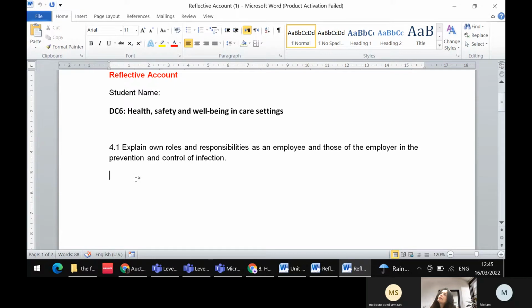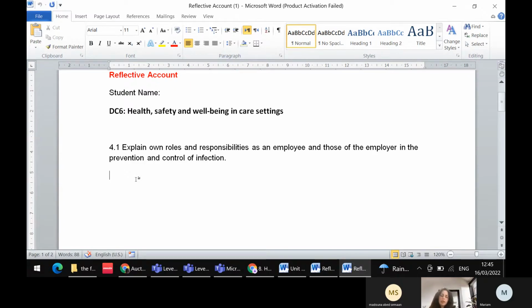Also, can you think about other things you can do to control infection? I need to report it. If any infection has happened, because it says prevention and control. For controlling the infection, if there is anyone who's ill and this illness is spreadable, I need to make sure my client